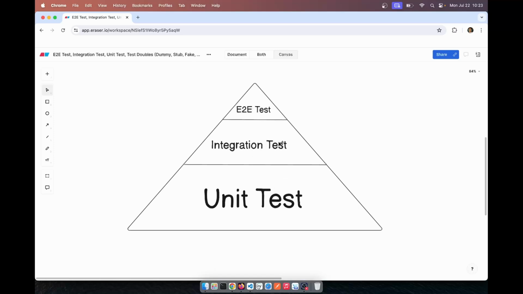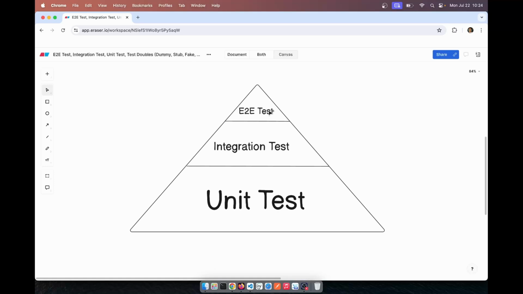If you look at integration tests, the space is a little bit smaller than unit tests, so we write fewer integration tests than unit tests, but still more integration tests than end-to-end tests. And when it comes to end-to-end tests, the space is super small, implying that we write very few end-to-end tests. And the reasoning behind this is that end-to-end tests cost more money, they require more powerful servers,